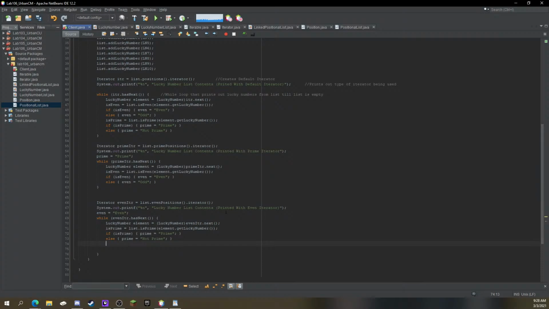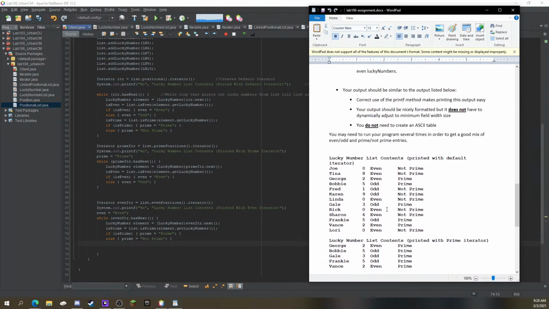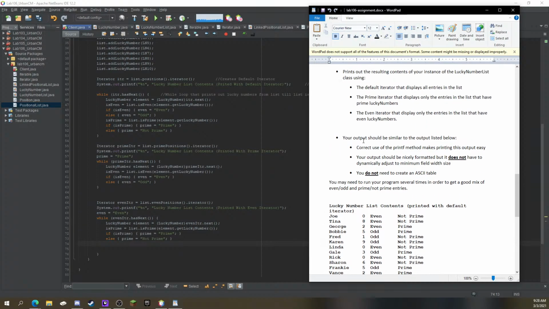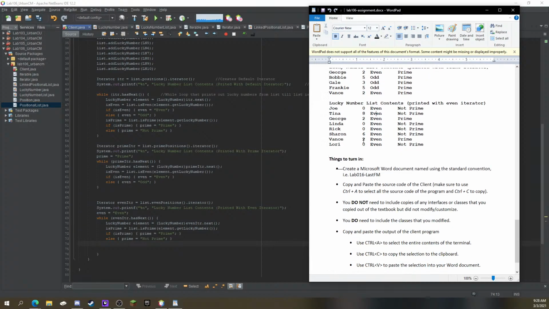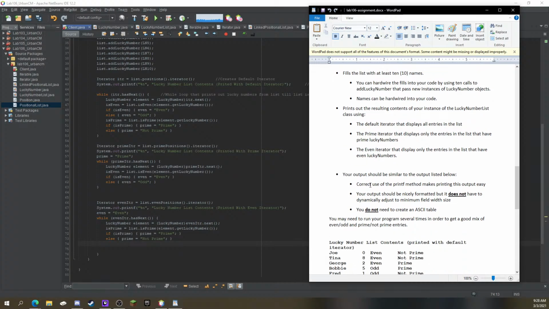Now we're going to want to use the printf method, I believe. I don't want to use the printf method. It seems a lot more complicated. He says it makes it easier somehow, somewhere. I remember reading that: correct use of the printf method makes printing this output easy. I'd argue, but